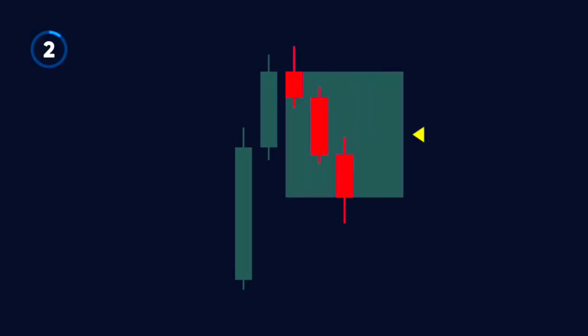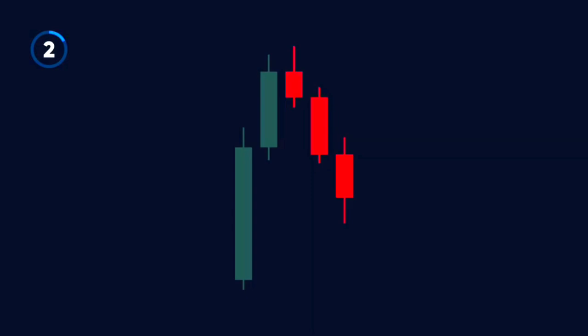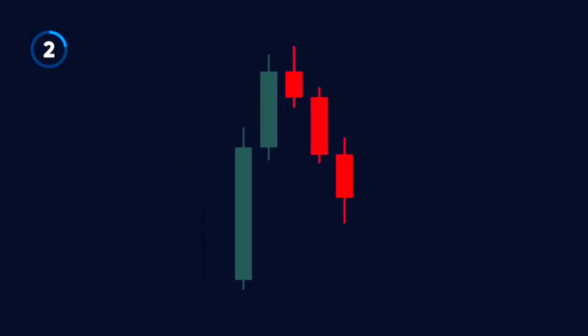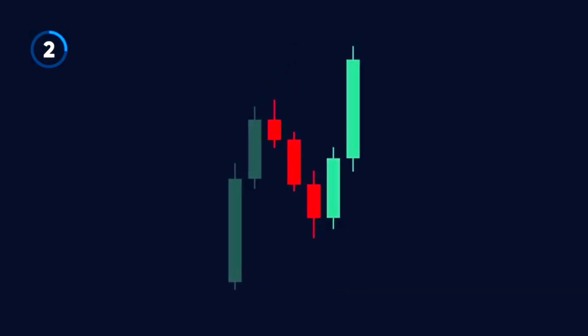And the answer would be no, and the reason why is because we haven't seen what the price is going to do next. For example, the price could have just ended up moving sideways, which would mean those bearish candles never ended up forming an order block. This is because in terms of the criteria needed for these candles to become a bullish order block, we need to see an impulsive bullish move that pushes through the highest top wick of the bearish candles, which in this case is the first candle, and it's only after